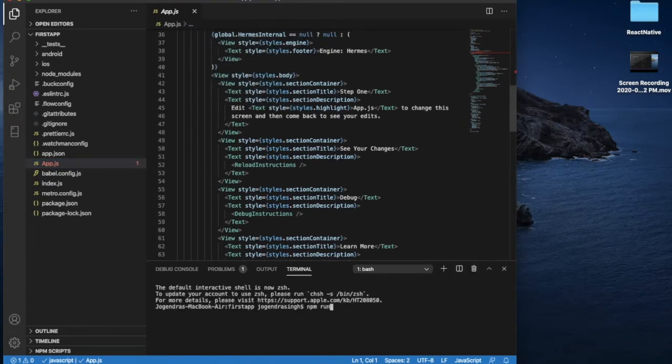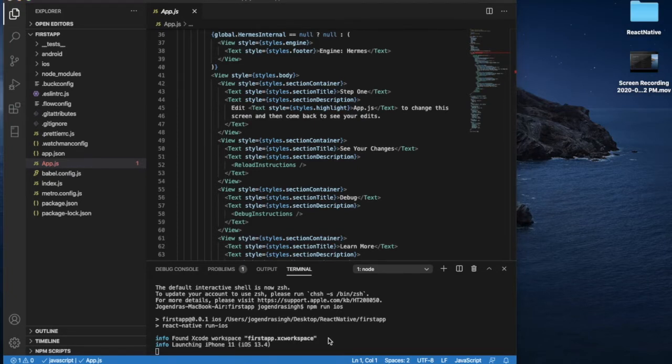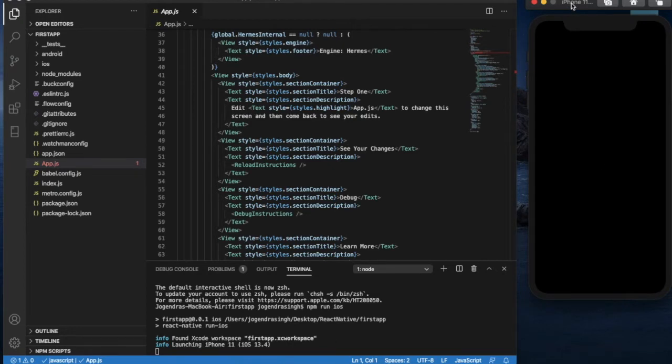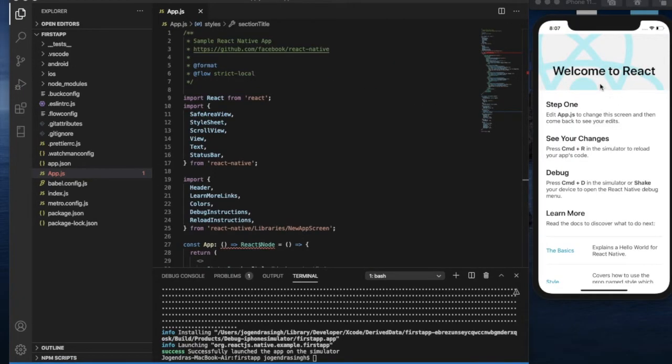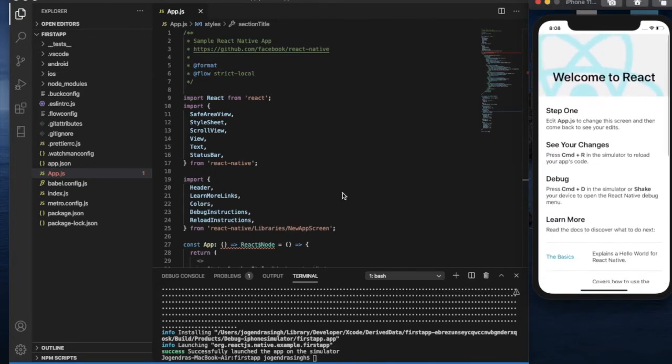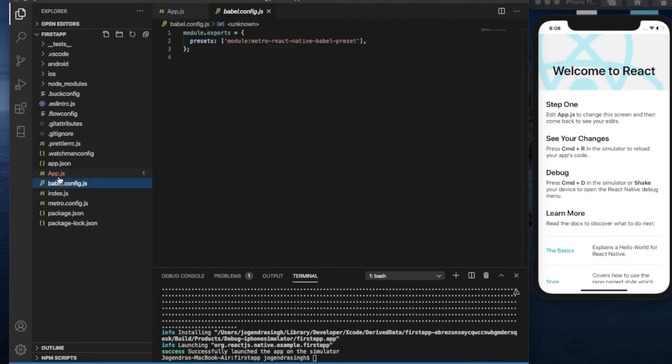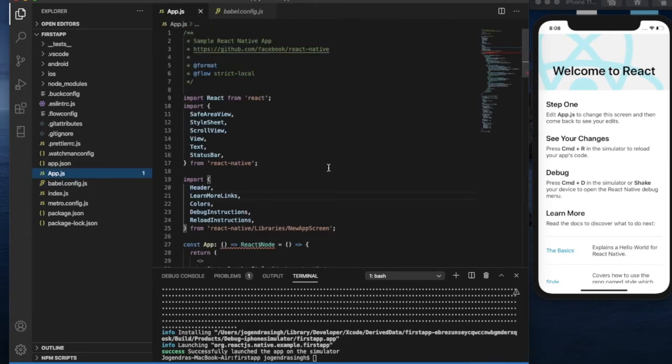I am running on the iPhone simulator, so I run the command npm run ios, and here we are seeing it's opening in Xcode. It's compiling and it will open the iPhone simulator, and it will load. After successfully running our application, we will see the welcome screen. This is the default React welcome screen, and this is running from app.js. Our first landing page is in app.js.